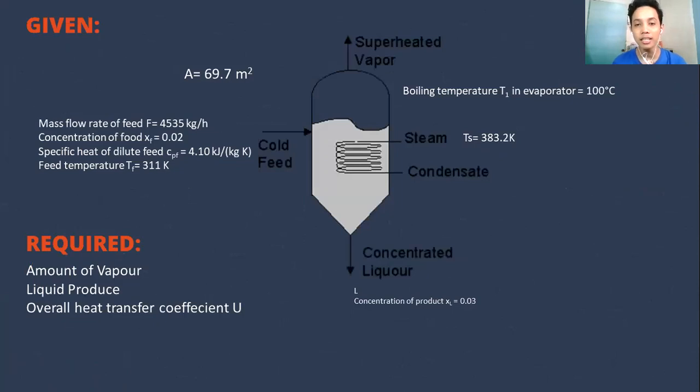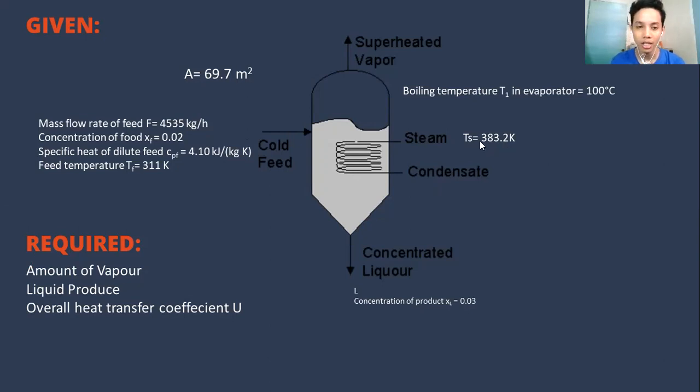So, as you can see, here's a single effect evaporator diagram, and a cold feed is being supplied right here. The cold feed supplied has a mass flow rate of 4,535 kilograms per hour and has a concentration of 0.02. It was stated that the specific heat is 4.10 kilojoules per kilogram Kelvin, and the feed has a temperature of 311 Kelvin. On the other side, it was stated in the problem that steam was supplied for heating and that the entering temperature of the steam is